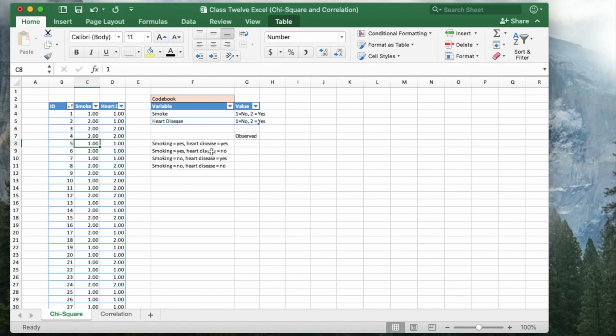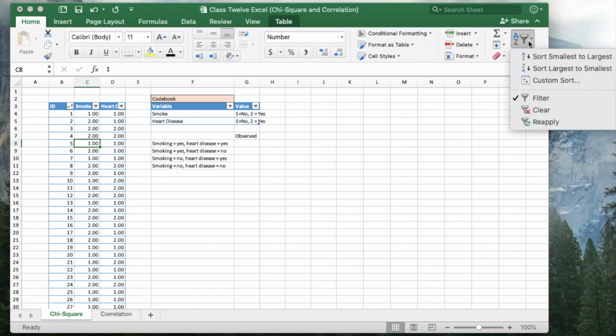Now there are some kinds of frequencies computations you could run that are a little bit more complex to see how many people indicated yes for smoking and yes for heart disease. But I think the most straightforward way for us to do this is to do a custom sort. Now you see in the home screen there's this sort and filter option all the way to the right. What we want to do is the custom sort,